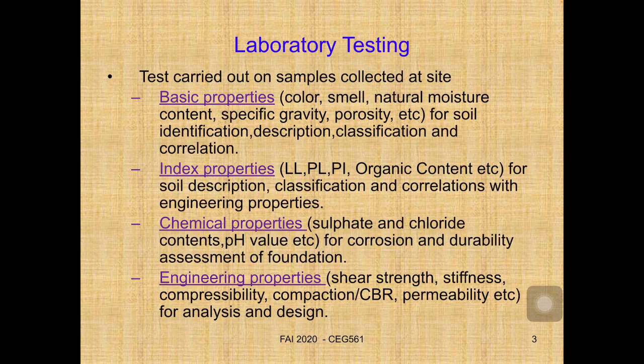The last and the most important properties are the engineering properties. The shear strength is the most important, because for shear strength properties, we have two, which are C, the cohesion, and also phi, the internal friction angle. Based on the lab data that you conducted, when you get the C and phi values,